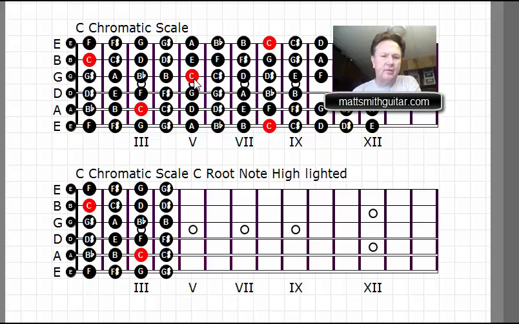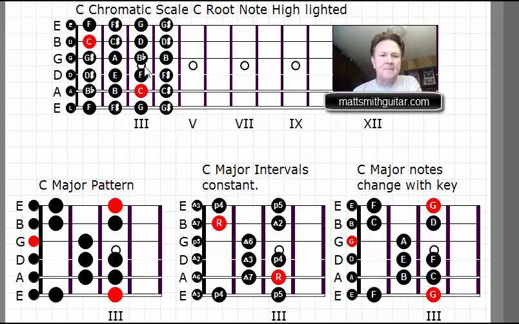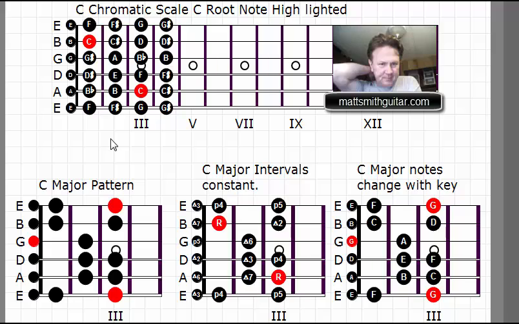We could run this in any number of combinations. But what I'd like to do is focus on what this looks like in the first position right here. So we have C, C sharp, D, D sharp, E, F, F sharp, G, G sharp, A, etc. Four finger with an open note. You can just hum right up and down this. You have to be careful though right here because we have a B and then a B note, so you don't want to play the two B notes. But anyway,